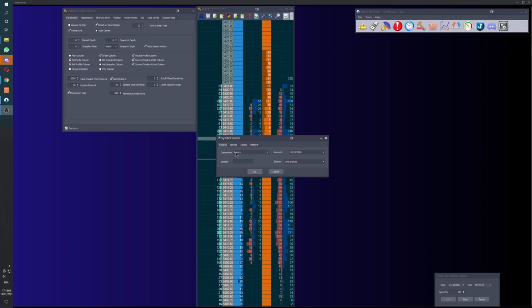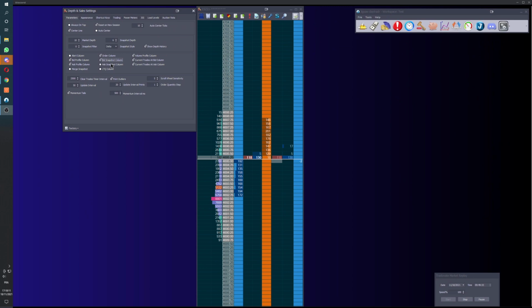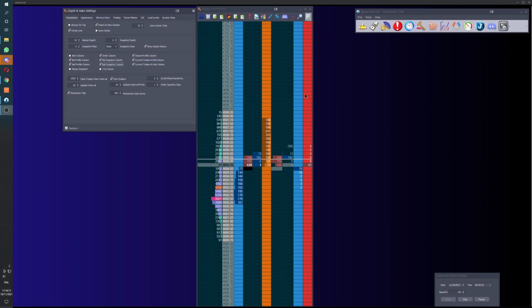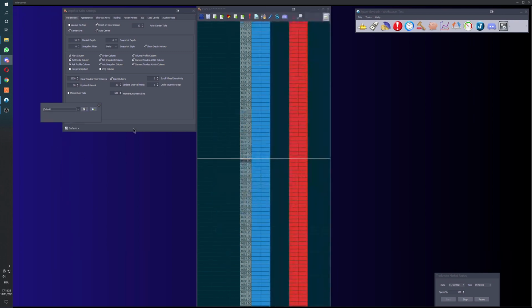What you may do as well, if your snapshot columns become important and you don't want the massive amount of space this may take up, you can combine the snapshots together into the bid column. This allows you to have the same information with less of the space being taken up. Going back to the factory settings,